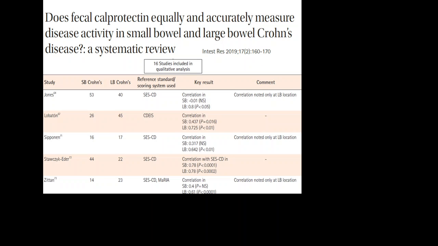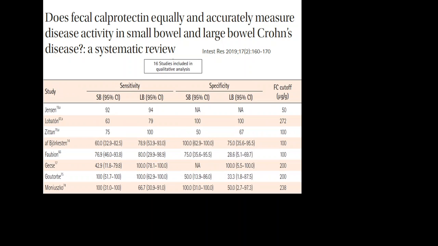In a systematic review, there were various studies where they included 16 studies, and the correlation of fecal calprotectin with the endoscopic index of severity, as well as an MRI index of severity, was more with large bowel disease as compared to small bowel disease. And when they used various studies, on the right side we can see the different cutoffs used by different studies to identify small bowel disease, and as such there is no consensus